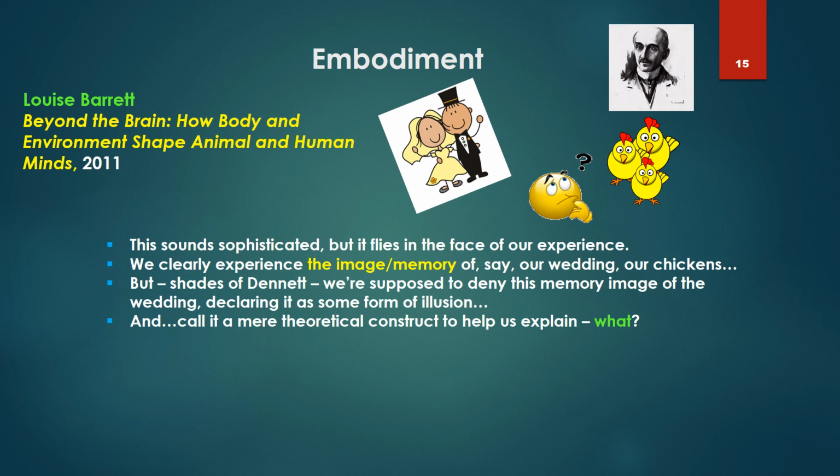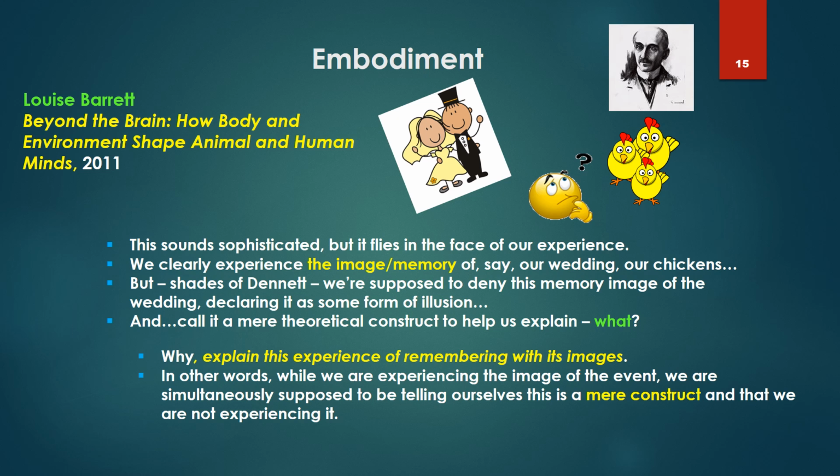declaring it as some form of illusion, as Dennett virtually has us try to deny our experience of even being in the wedding and seeing our wife as some form of illusion. And we're supposed to call it a mere theoretical construct to help us explain what? Well, why? To help us explain the experience of remembering with its images. In other words, while we are experiencing the image of the event, we are simultaneously supposed to be telling ourselves that this is a mere construct and that we are not experiencing